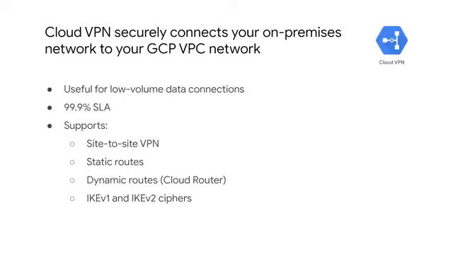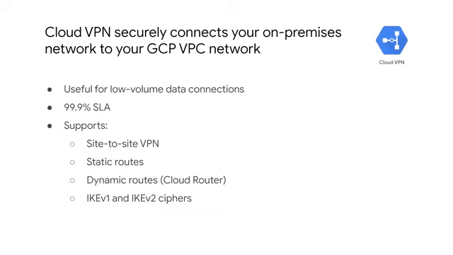Cloud VPN securely connects your on-premise network to your GCP VPC network through an IPSec VPN tunnel. Traffic traveling between the two networks is encrypted by one VPN gateway, then decrypted by the other VPN gateway. This protects your data as it travels over the public internet, and that's why Cloud VPN is useful for low-volume